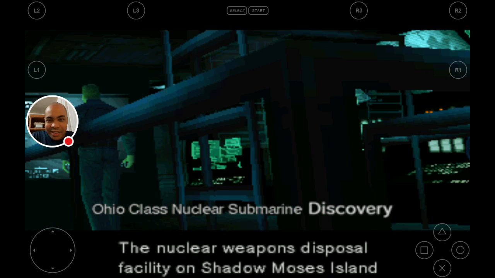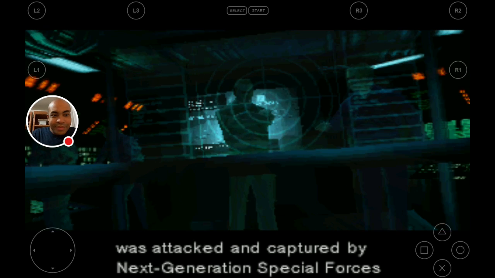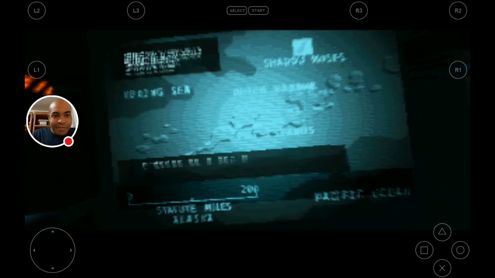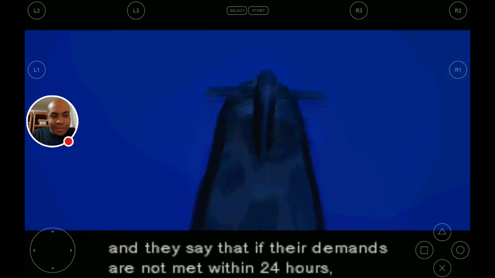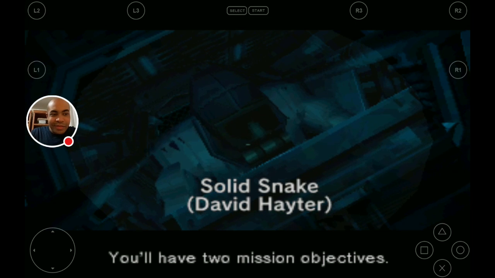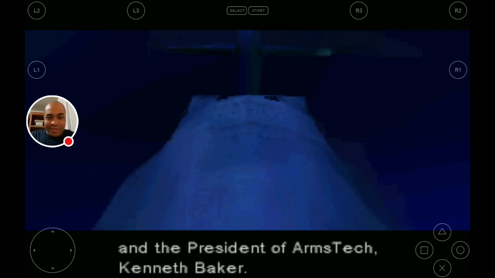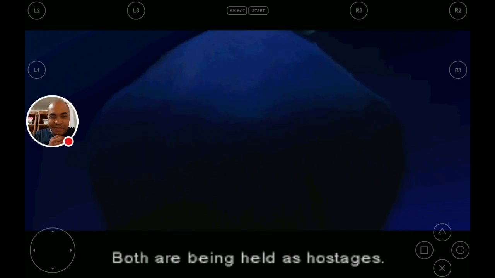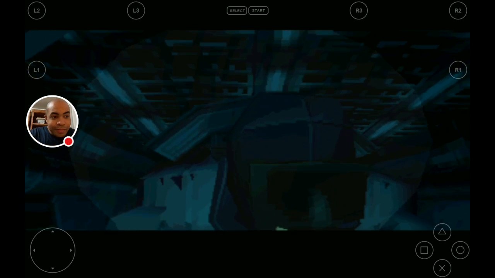Nuclear weapons disposal facility on Shadow Moses Island in Alaska's Fox Archipelago was attacked and captured by next-generation special forces, being led by members of Foxhound. They're demanding that the government turn over the remains of Big Boss, and they say that if their demands are not met within 24 hours, they'll launch a nuclear weapon. You'll have 2 mission objectives. First, you're to rescue DARPA Chief Donald Anderson and the President of Armstech, Kenneth Baker. Both are being held as hostages. Secondly, you're to investigate whether...